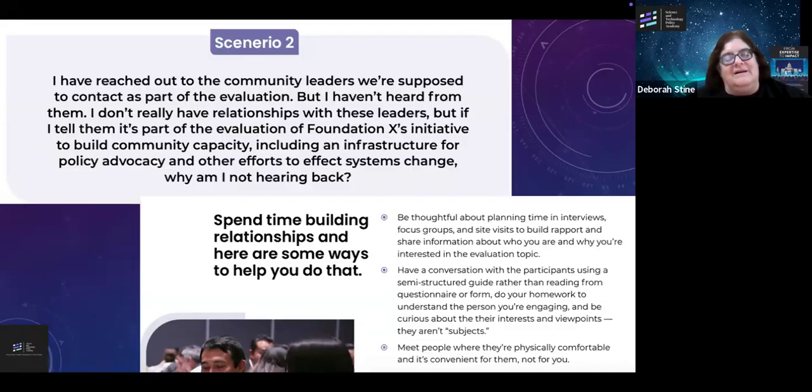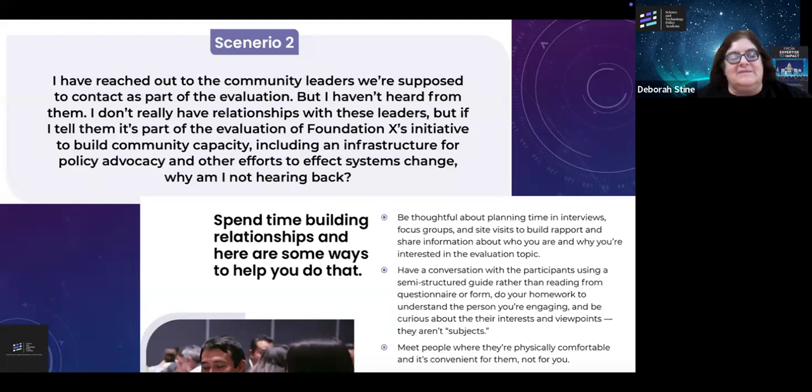So the key is that it not be a one-time interaction, that you start building that relationship early. And when you're talking to people, interviewing them, things of that nature, that you do it early. And that's another reason why it's really important to have community engagement throughout the process. It's also why it's important to have an advisory committee, because even if the community leader doesn't know you, maybe they know the advisory committee member, and that advisory committee member can help you reach those individuals.